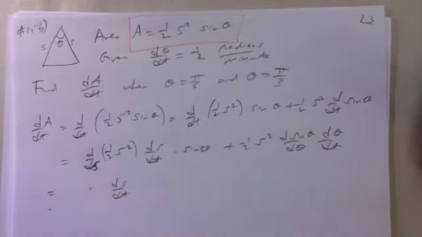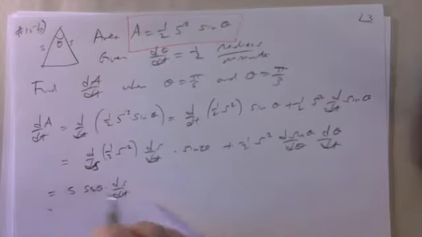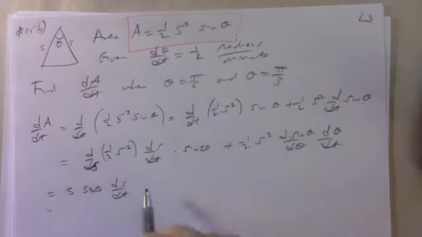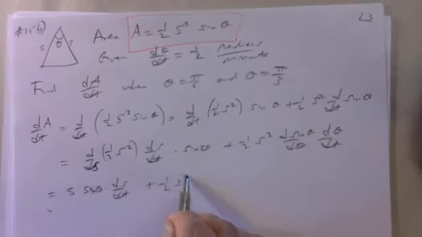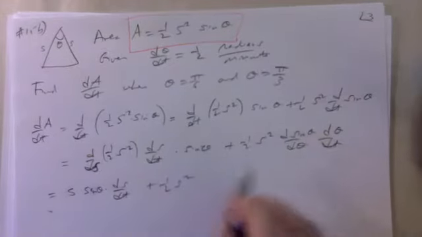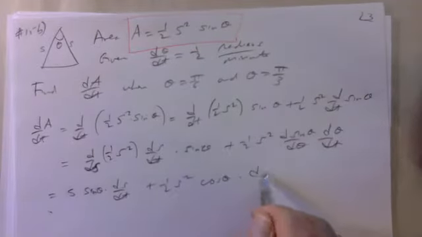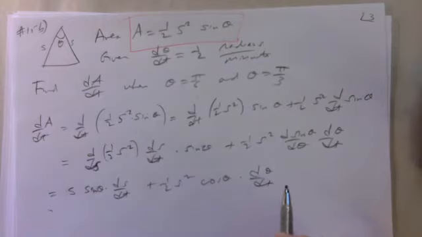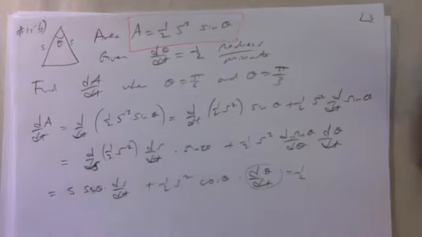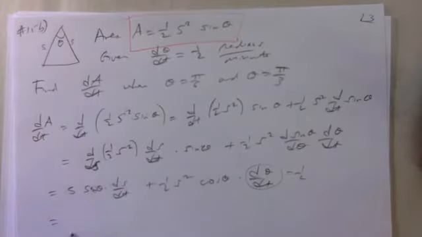So this is s sine theta ds/dt plus 1/2 s squared times the derivative of the sine of theta with respect to theta, which is cosine theta, d theta/dt. And we're told d theta/dt is a half. So this is equal to